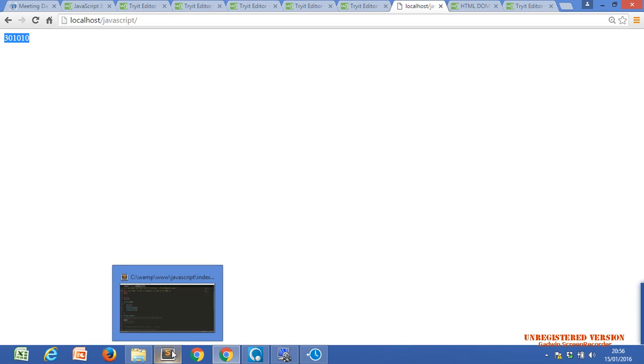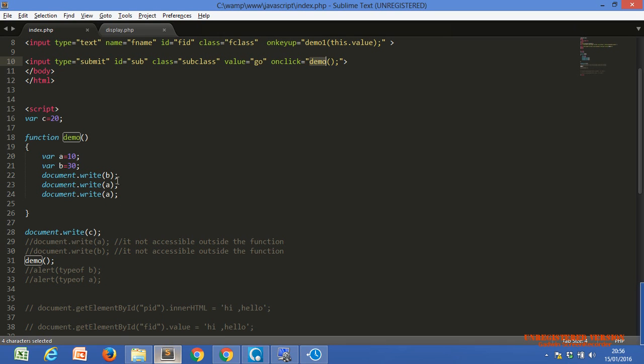Are you getting it or not? 30, 10, 10, because of calling the demo function. What is in the demo function? You can see, you will get B 30, A 10, and C 20.